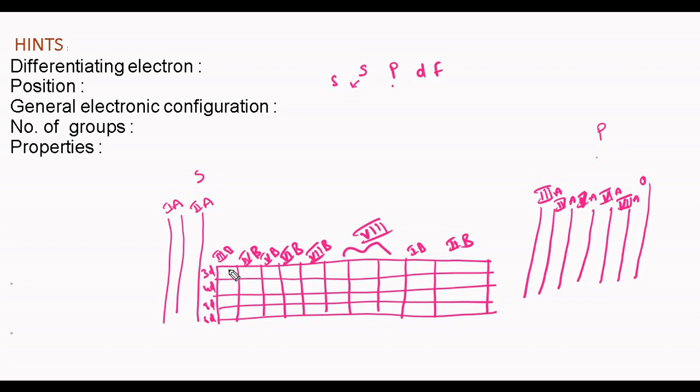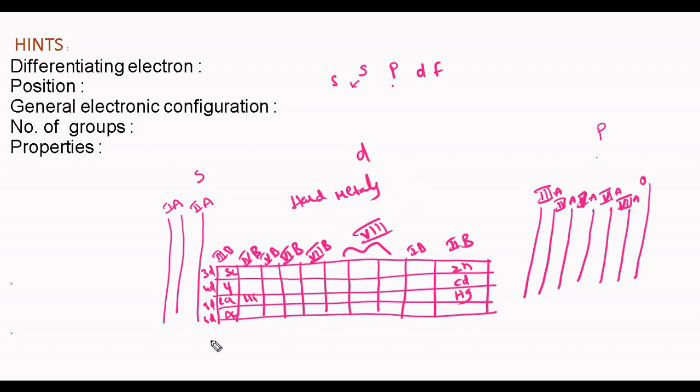The 3d series begins with scandium, ends with zinc, 21 to 30. And the 4d series, yttrium to cadmium. And the 5d series, lanthanum, hafnium to mercury. The 6d series begins with actinium. This is the incomplete series. 6d series all are hard metals with high melting point and boiling point. This is all about the D block elements. S block position is left hand side, P block is right hand side, D block elements position is middle position,